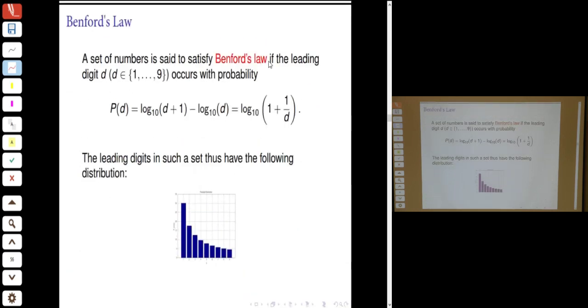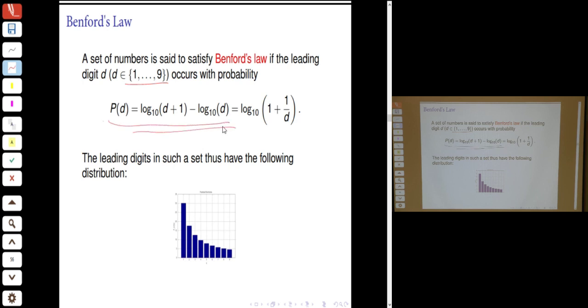So, Benford's law. A set of numbers is said to satisfy Benford's law if the leading digit... Suppose you have a huge table of big numbers. You can look at the leading digit d between 1 and 9, and if you have a very big table of such numbers, you can look at the frequency of the various digits being the leading digit, and suppose the leading digit satisfies the frequency distribution,